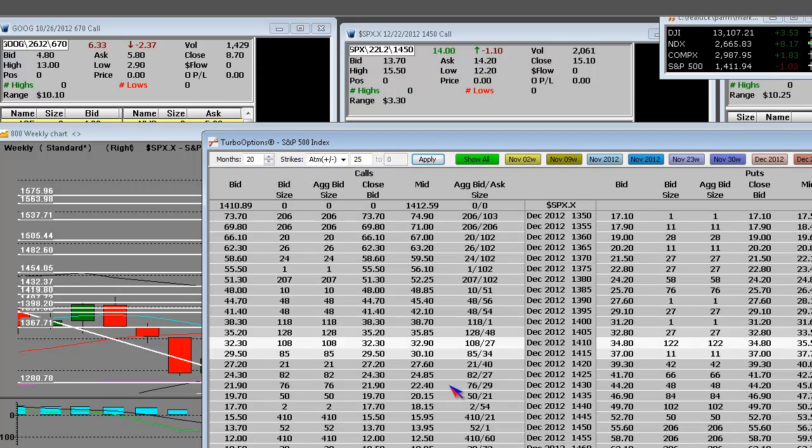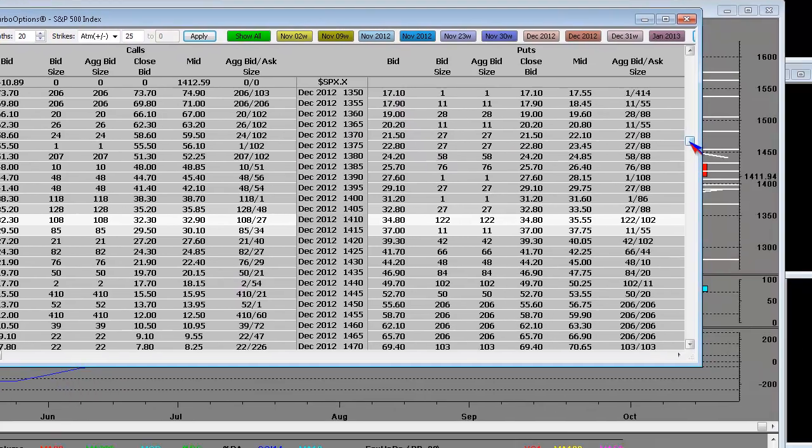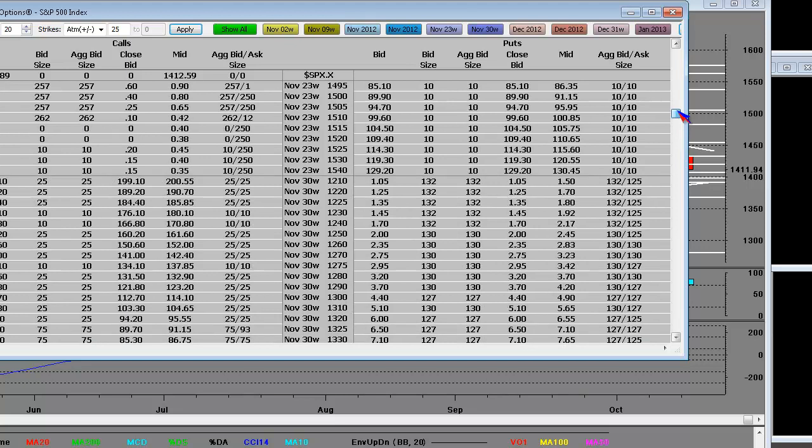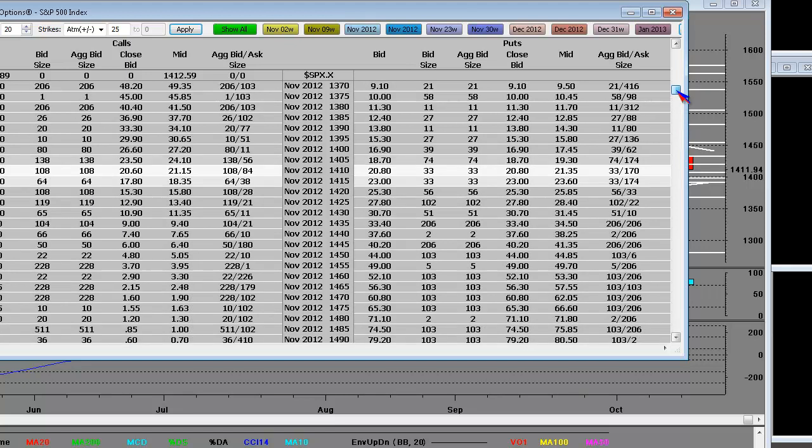But once again, if there is a change and the fear and the uncertainty leaves this market, this S&P rallies up, and these calls pay a lot of money. A lot of money. Now, let's do this. Let's go back over here and say that Romney doesn't win, and Obama does, and you're going to have all of these tax burdens. What we would do is take a November, and we would be looking right here at